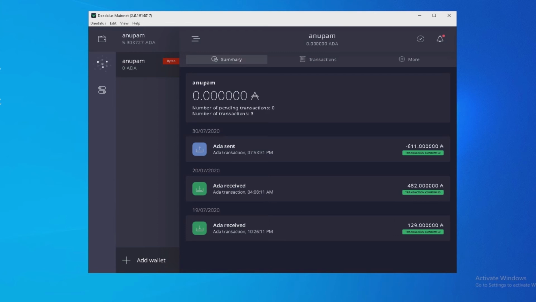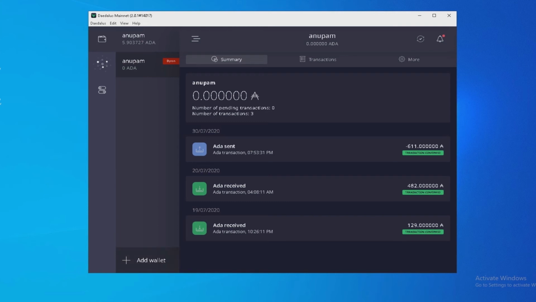Now the wallet has been successfully installed, and since I had this wallet 2.0.1 previously installed, and just to show you again, I reinstalled it. Now by default it has entered into my wallet directly, so that is not going to be a problem.